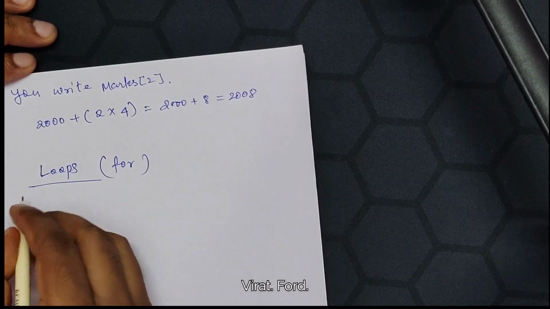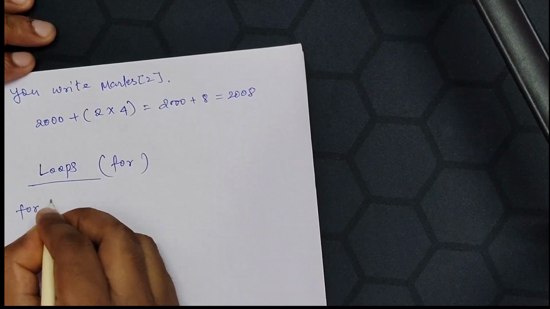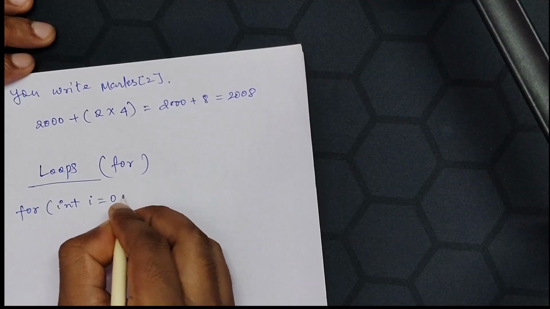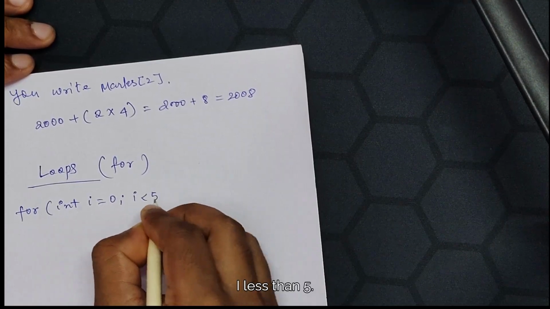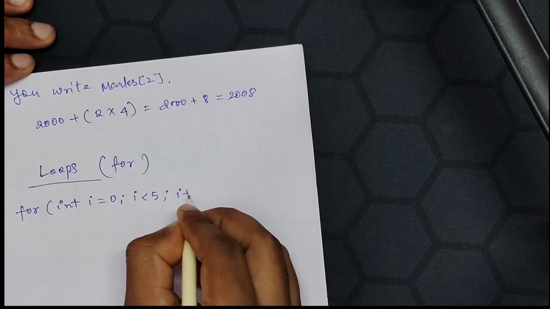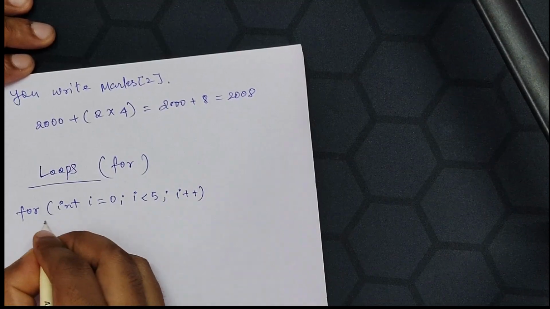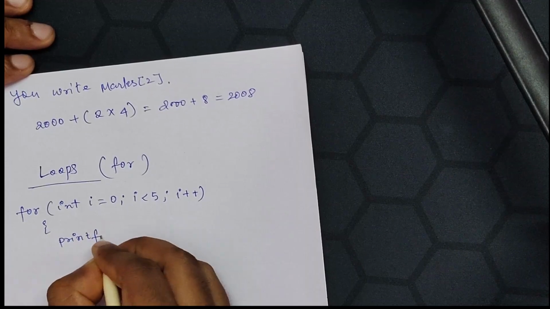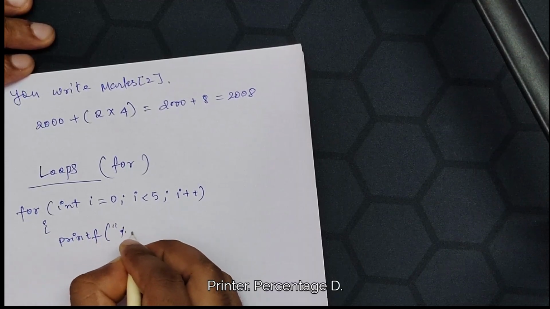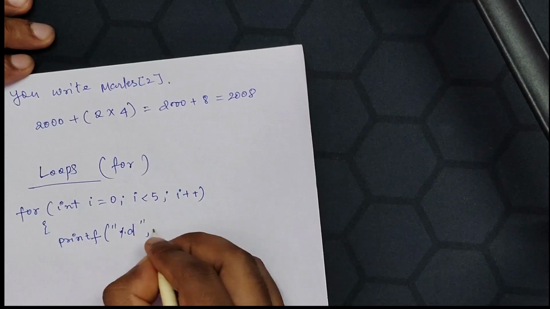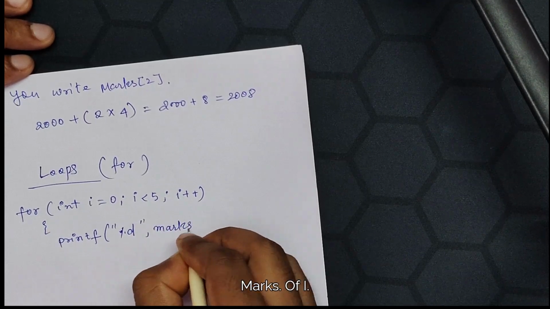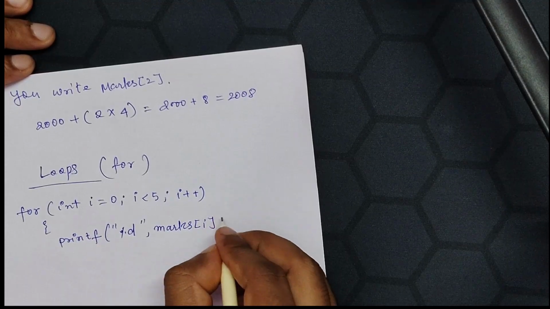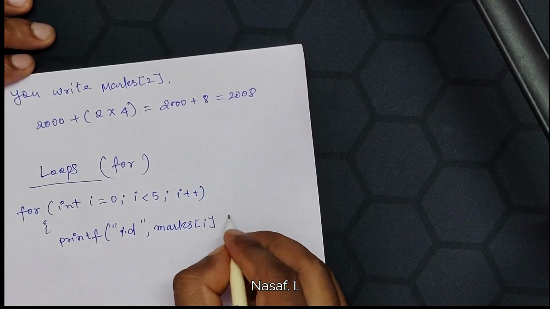In C we write for (int i = 0; i < 5; i++), printf("%d", marks[i]);